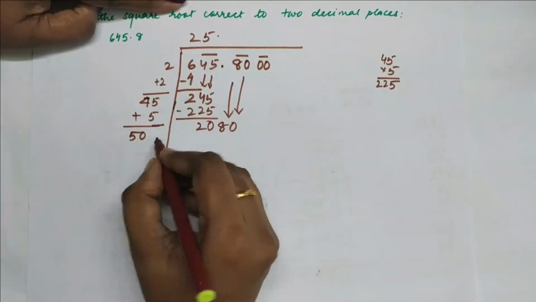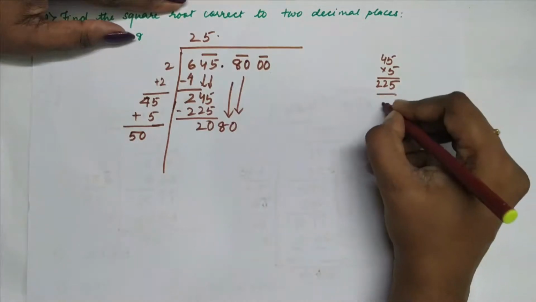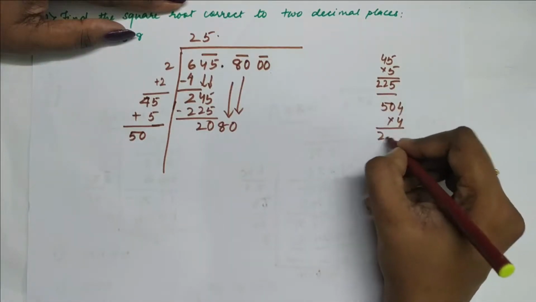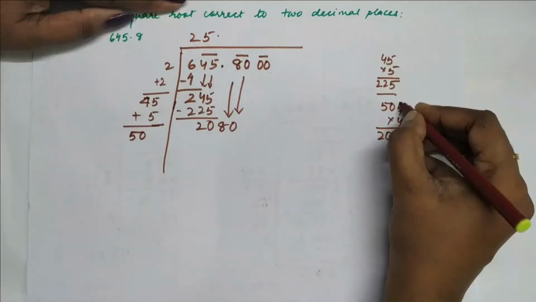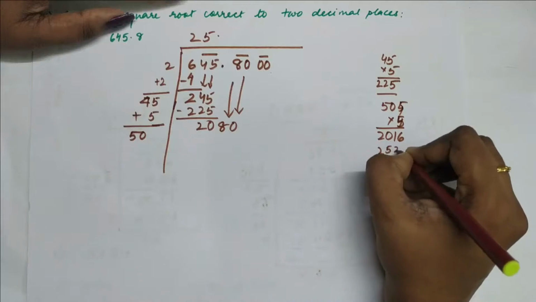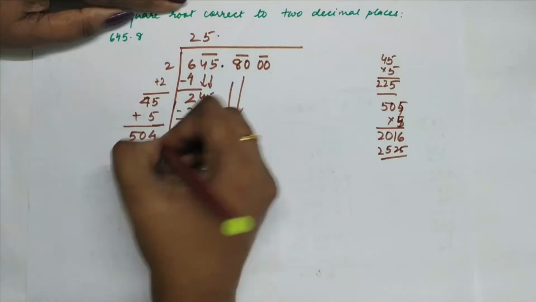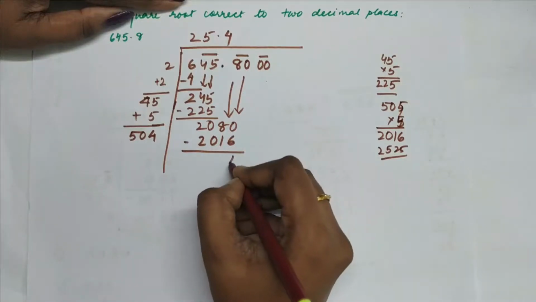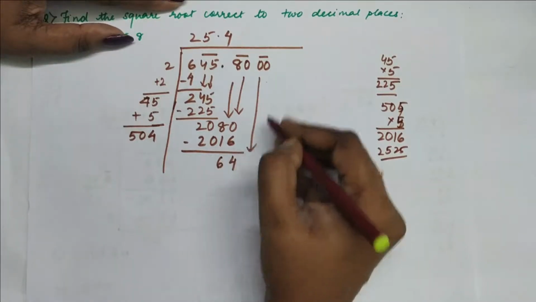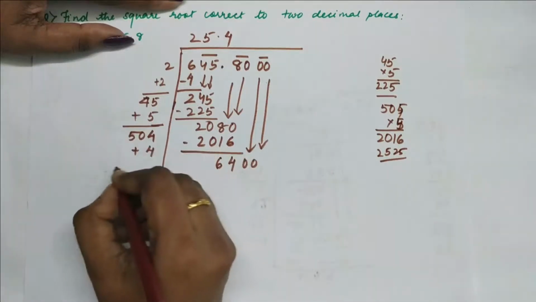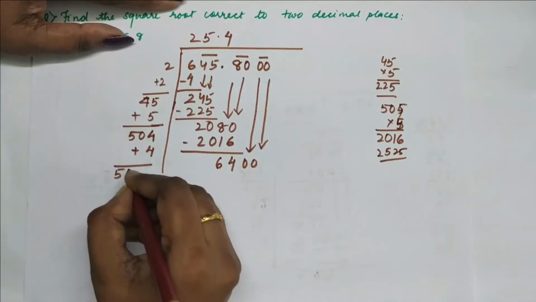I have to add a number here and the same number there. So if I put a 4, I get 2016. Or if I take a 5, I get 25. So obviously 4 is better. So 2016. Cut short 64 and bring down the 2 2s together. Now you will add the 4. Last number has to be repeated again and again.